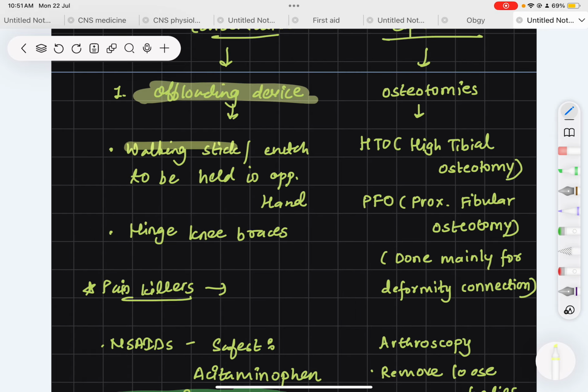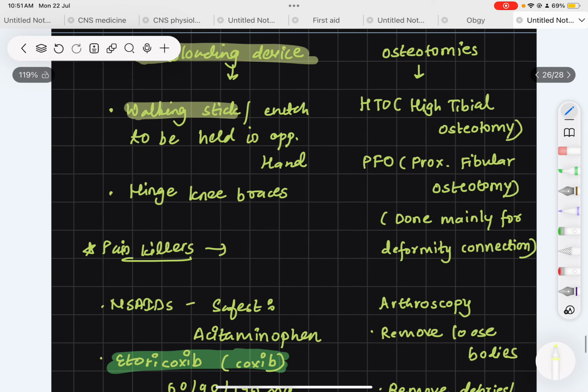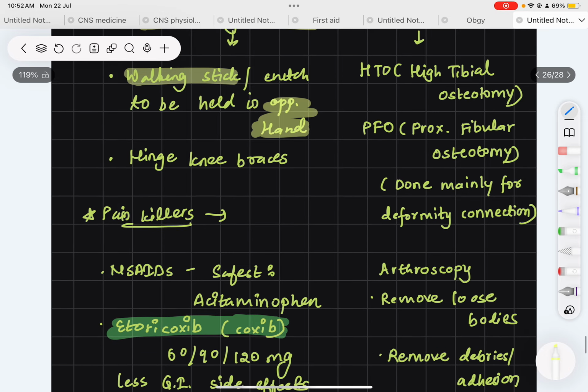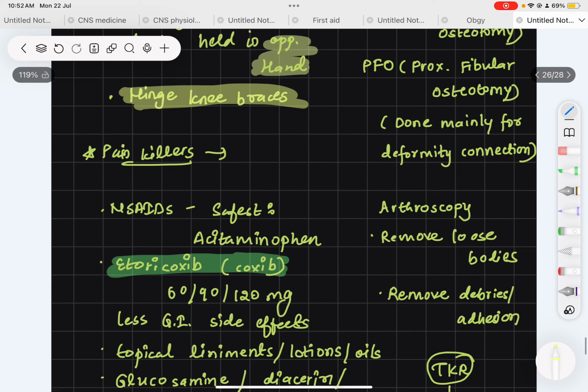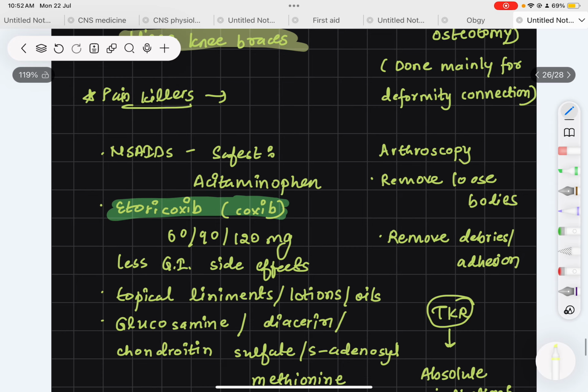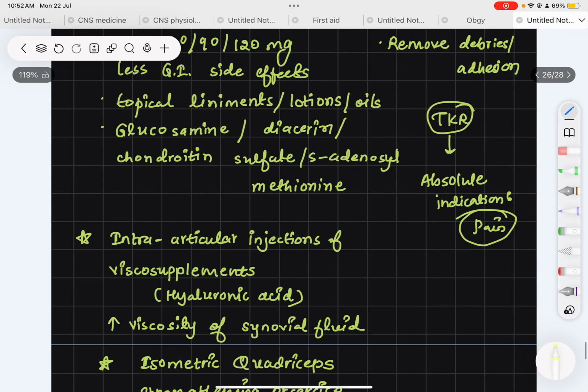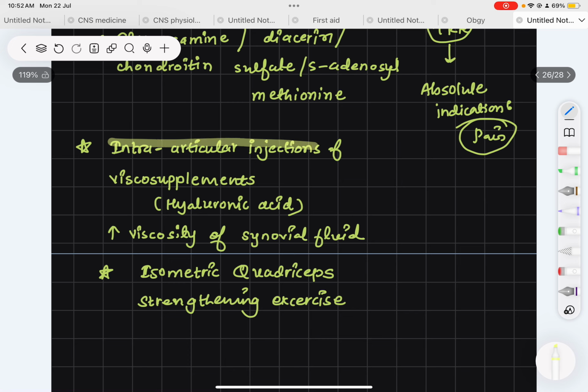So a walking stick, which we have to hold in the opposite hand. But some people are ashamed to go out with a walking stick in hand. So there is also one device, hinge knee braces, that will do the same work,